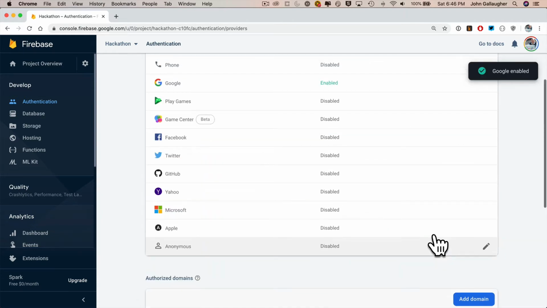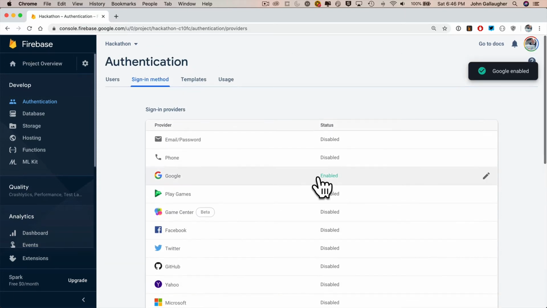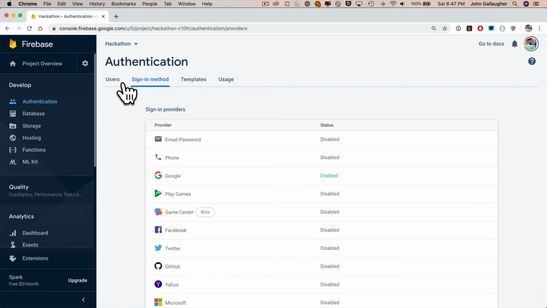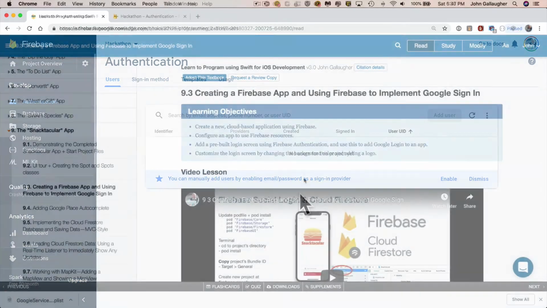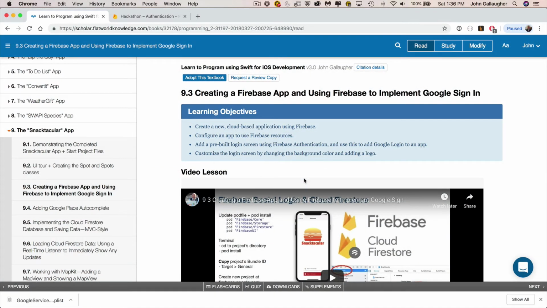Click the Save button. And now that I'm set here, so I've set that users can go ahead and log in. We've got our sign-in method that's all set up. We've got no users here right now, but we'll see that this will change in our app, and that's looking good. Now, the next steps that we need to do are steps that are associated with getting the code set